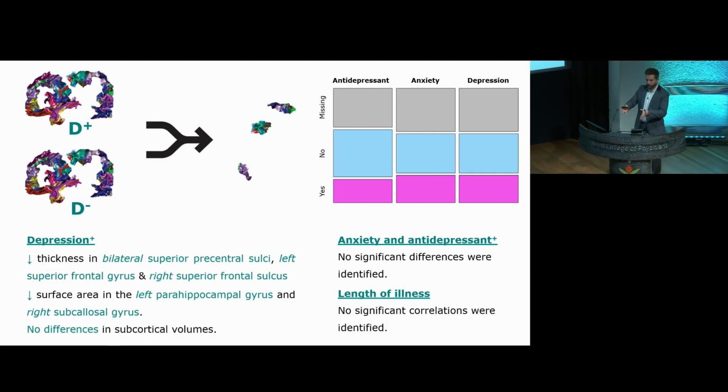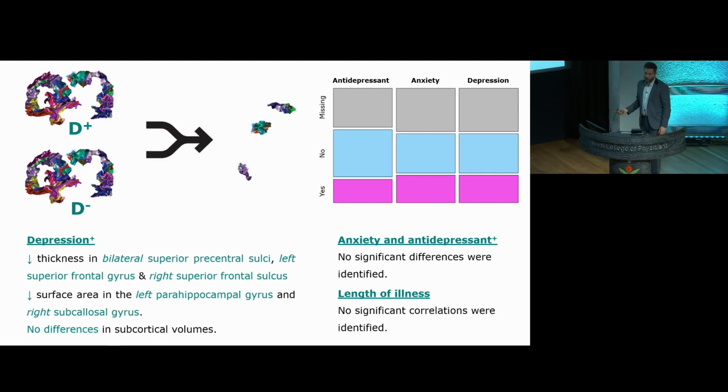So what we did then was we took the regions of interest that were significant post the initial ANOVA and reran them through a MANCOVA, but this time splitting not by FND versus controls, but by, for example, depression plus and depression minus. And with depression, we did find that some of the morphometric changes that we saw in the overall cohort were different between those with depression and those without, suggesting potentially there are overlapping etiologies or risk factors in depression and FND. That wasn't the case for anxiety, and it wasn't the case for antidepressant use.